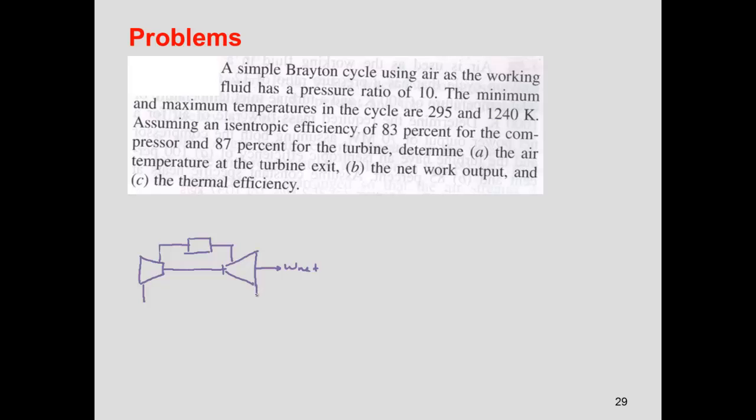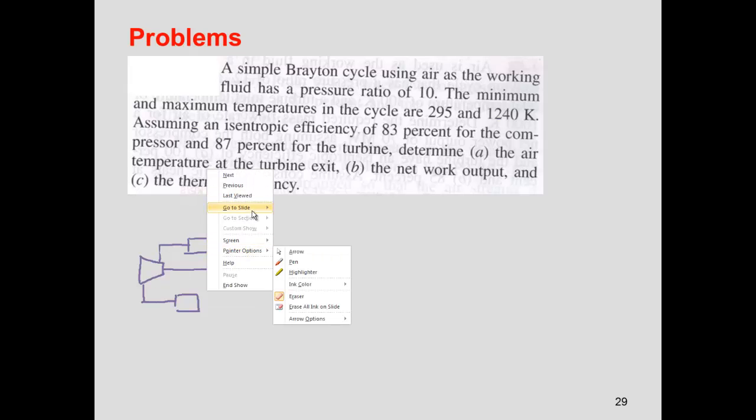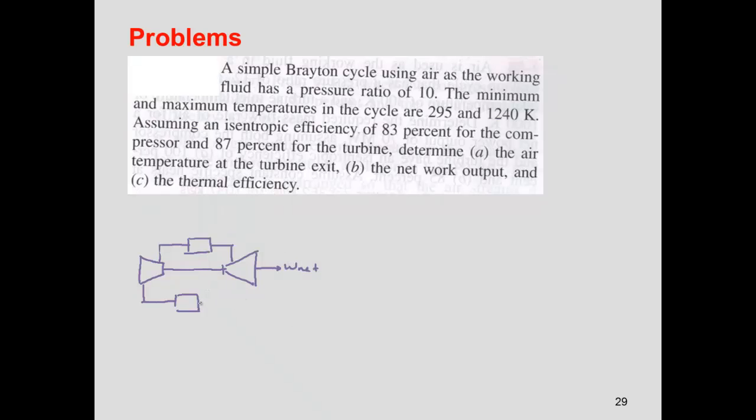We close the system. We are going to analyze it as an air standard cycle with some heat exchanger that goes from the exit of the turbine to the artificial condenser. We don't have a condenser, we take it to the atmosphere actually. So we have our states 1, 2, 3, and 4. If we do it on a PV diagram,